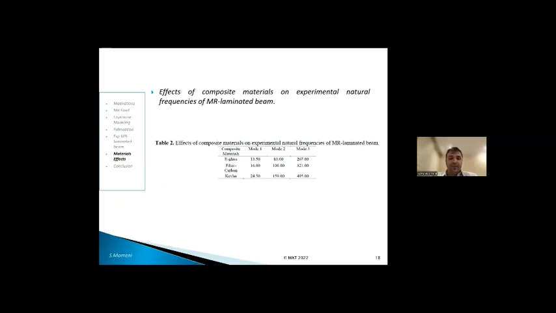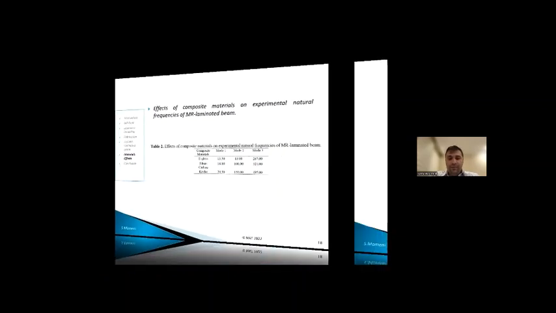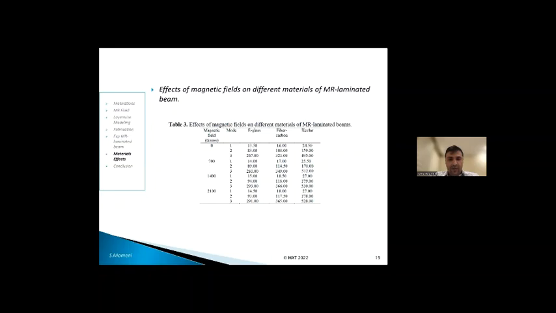The first three natural frequencies show that natural frequencies of the Kevlar are about 80% bigger than e-glass materials, and natural frequencies of the fiber carbon are about 20 up to 25% bigger than e-glass material. And as you can see in the next slide, all of the materials, such as fiber carbon, e-glass, and